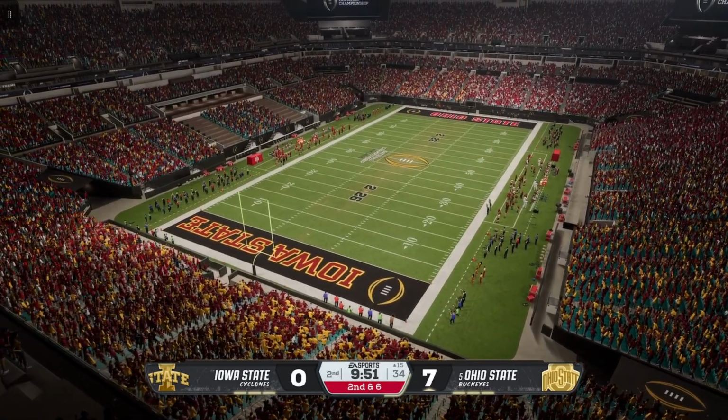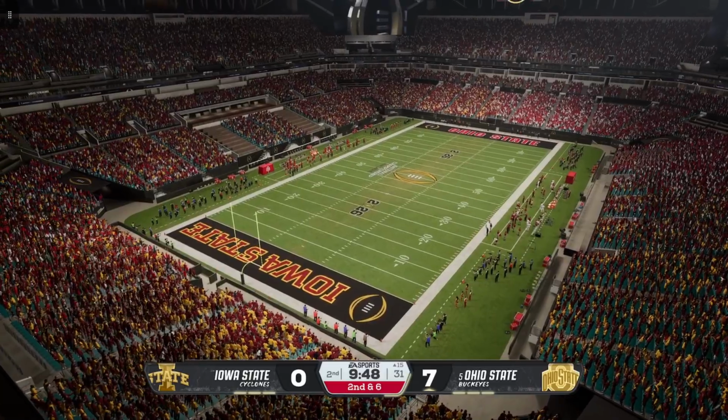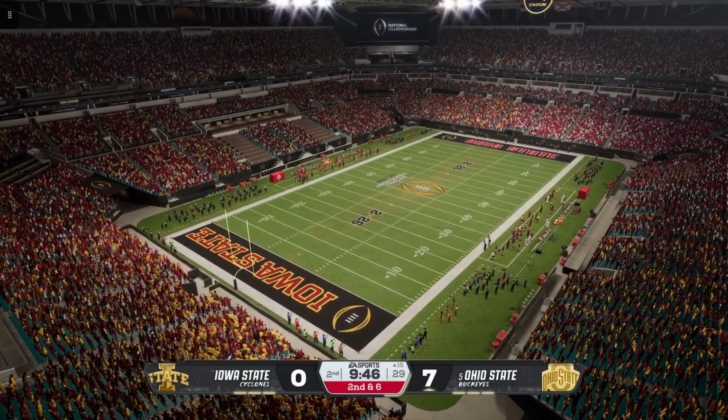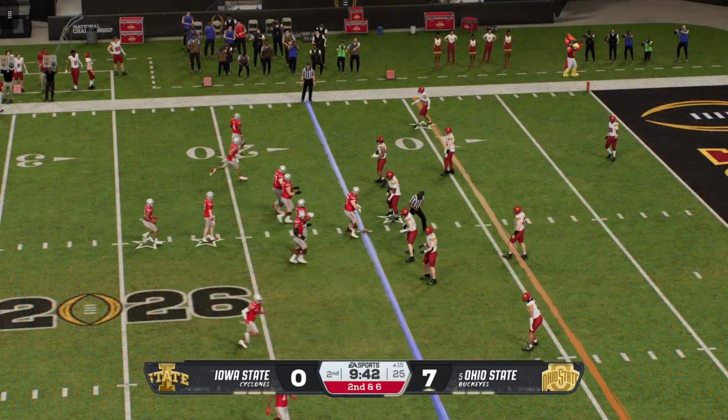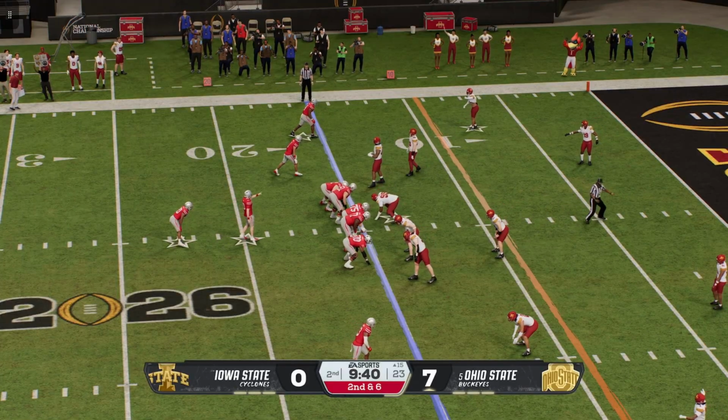Well, a lot of times when a quarterback sees man defense, he wants to get the ball out of his hands as quickly as possible. Put the ball in the hands of one of their best playmakers and hope that he can break a tackle or two on the outside and get a big play. Here's the second down play.